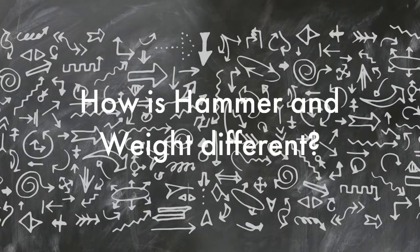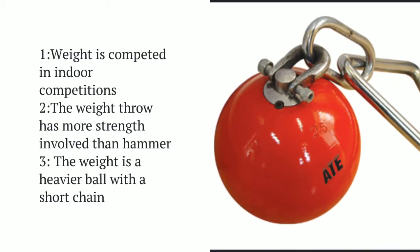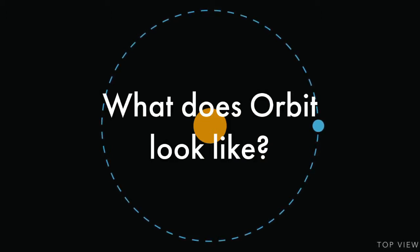So how is hammer and weight different? Hammer is competed at outdoor competitions. Hammer is also a smaller weighted ball and a longer wire connected into the handle. Weight is competed in indoor competitions. The weight throw has more strength involved than the hammer, and the weight is a heavier ball with a short chain. So let's take a look at what actual orbit looks like from Yuri Sedykh in 1986, where he threw the